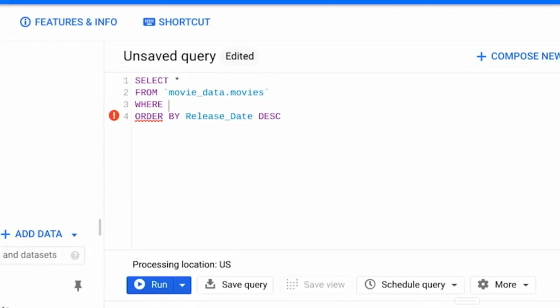From there, we want to type the column we're filtering for. In this case, we want to filter the database for comedies. So after the where clause, we'll type the column name, genre. Now we'll add an equal sign after genre because we only want to include genres that match what we're filtering for. In this case, we're filtering for comedy, so we'll type comedy between two apostrophes.